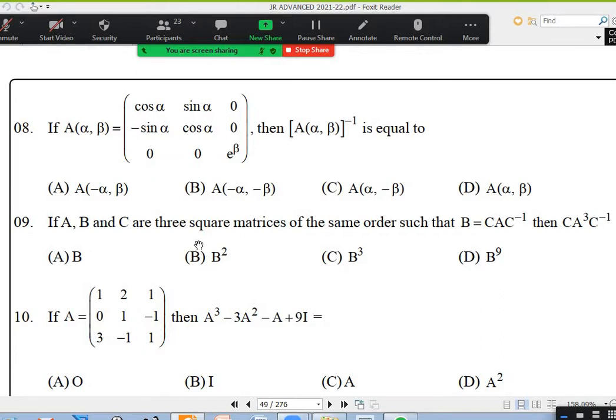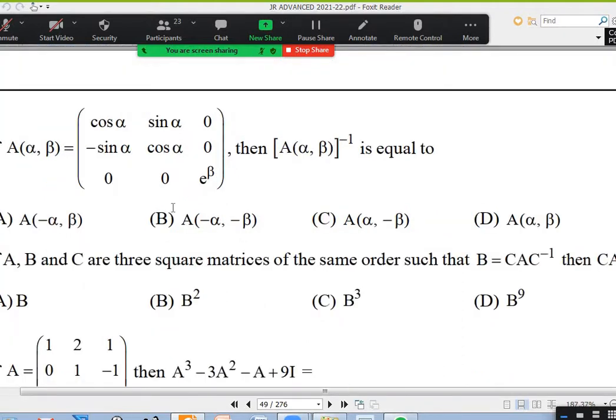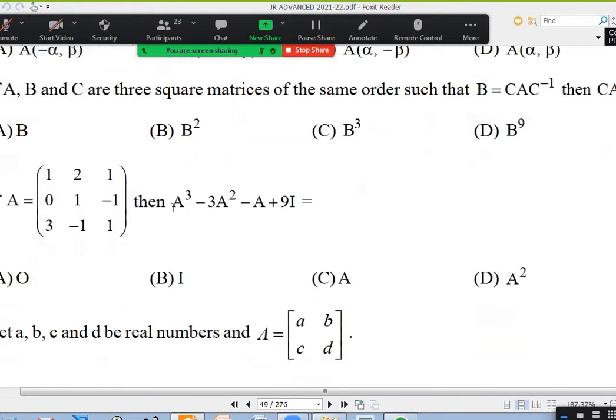Nobody has doubt about it. Anybody doubt about option D, sir? Okay. Anybody doubt about the 9th question? No, sir. Any doubt about the 10th question? Which one? 9th one. Sir, like in the 8th question, minus sin alpha means minus alpha we should keep, sir.